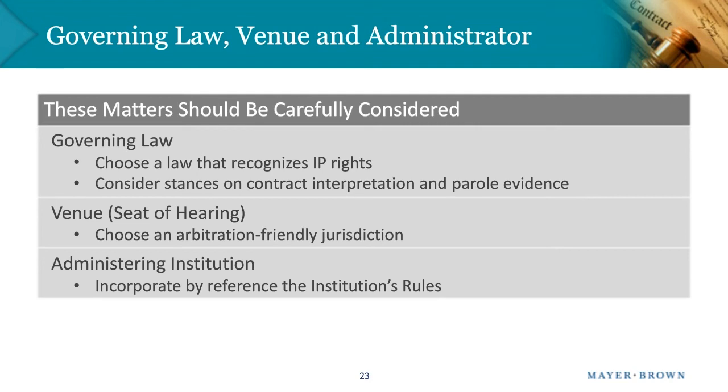For example, you may want a venue that has strict parole evidence rules to keep out discovery on lengthy license agreement negotiations. However, I will note that arbitration is kind of the wild, wild west. So arbitrators may decide, even if under technically the rule of law and evidence where you've selected, parole evidence should not be considered,